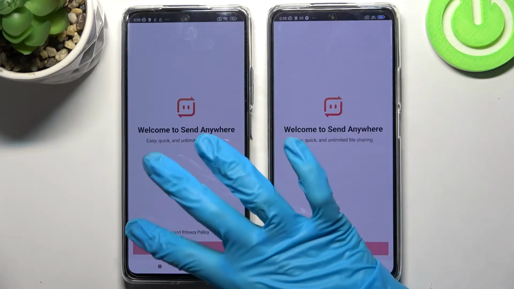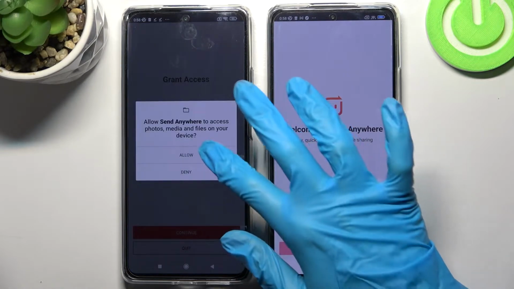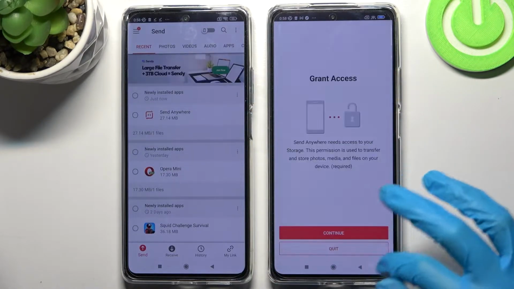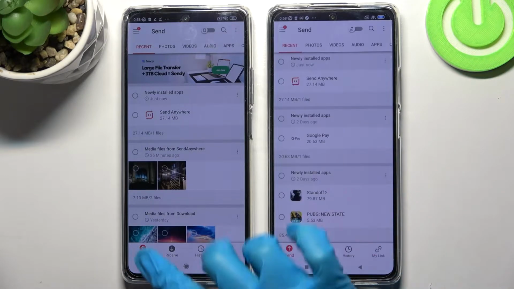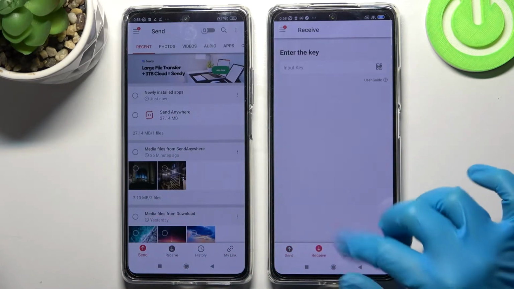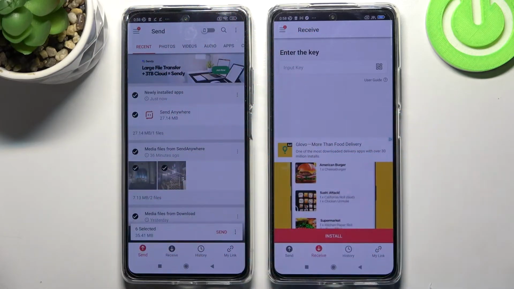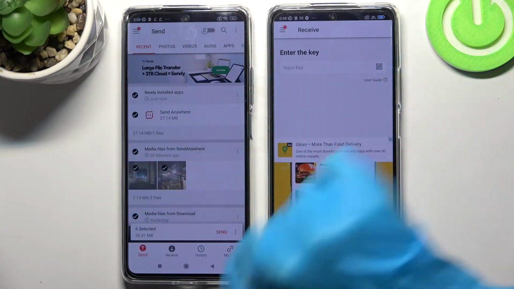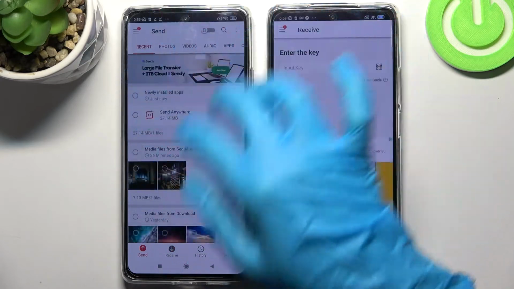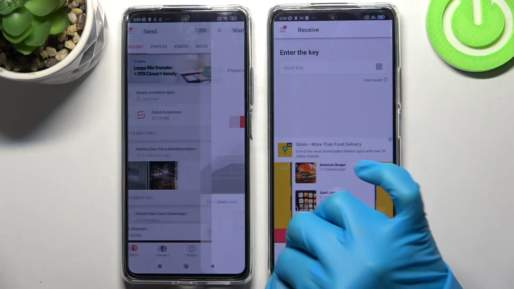Over here you need to choose I accept, confirm, continue and allow. Then select Send on XIAOMI and Receive on an Android. Now you can click on all of those type of dots and just send. This way you will send all of those files. It will take a long while though, so I will go with this one photo, just send and click on